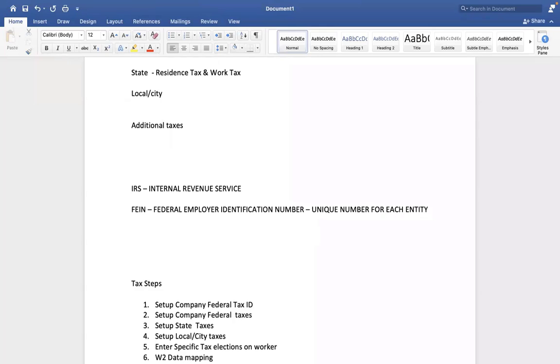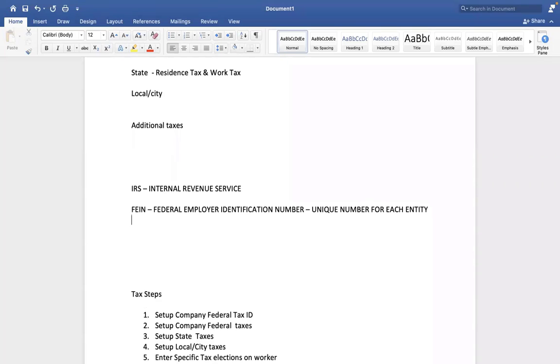Any guess? Any idea why we need this number? FEIN number. What happens if I directly go and start my own business without informing? You would have to apply for a unique number from the government. Right, ma'am. And also the taxes. The federal government will track taxes through this FEIN number. Are you paying taxes for your business? Are you paying taxes for your employees? Everything can be tracked through this unique number which is given by the federal government.